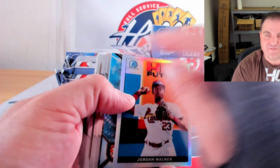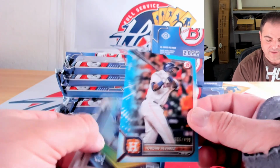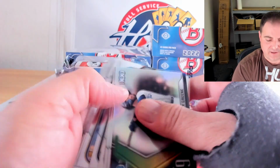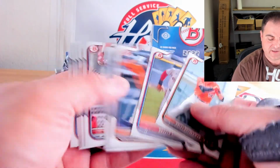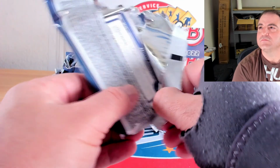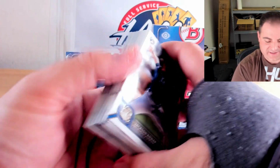Or maybe if it's not a prospect, it's in the middle, because I think this is a non-prospect. Yordan Alvarez on this sky blue to 499. That's 215 out of 499 on the Yordan Alvarez. I think that's what it is. So if it's at the back of the pack on a parallel, it's a prospect. If it's in the middle as a paper, it's a vet or a rookie card. Oh, that's what he said? Oh, nice. Yeah, he's like, nah, I'm...